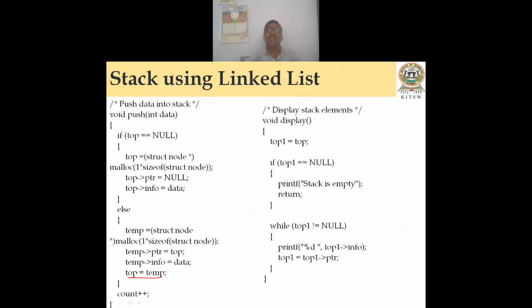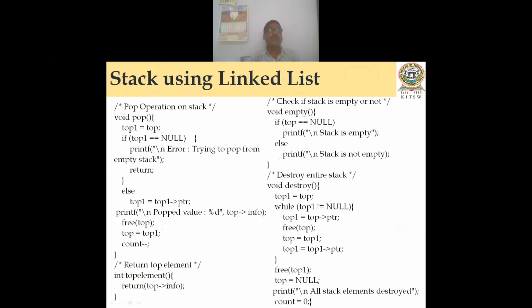Then this is the display function, to display the stack elements. Top one is equal to top. If top one is equal to null, stack is empty, return. While top one is not equal to null, we print top one arrow info, then top one equal to top one arrow ptr. This is just like single linked list traversal operation only. Okay, there is nothing more than that. So inserting the node at front is nothing but push, and display is nothing but normal traversal operation